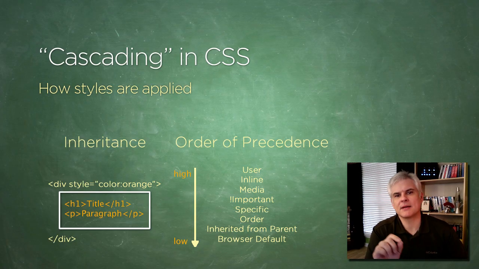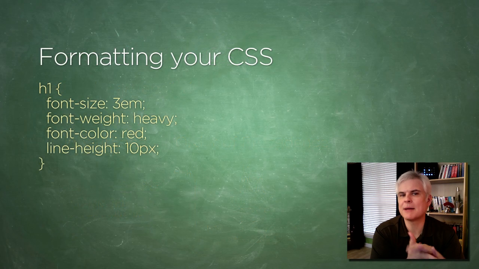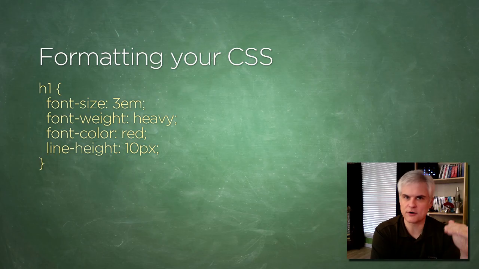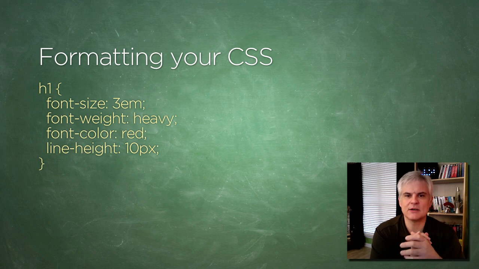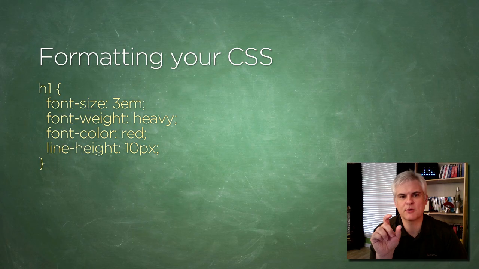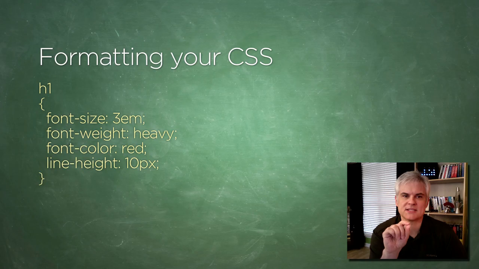But before we leave this topic of the basic format of a style definition, there's a number of common conventions that I've seen where developers and designers have formatted their cascading style sheet styles, and I actually prefer one of the more verbose styles, only because I'm teaching and it's easier to point things out. First, there's what I would describe as the clearest way to write your CSS, where you separate everything out on its own line. Some people even prefer to add one more space between the style selector, in this case H1, and that opening